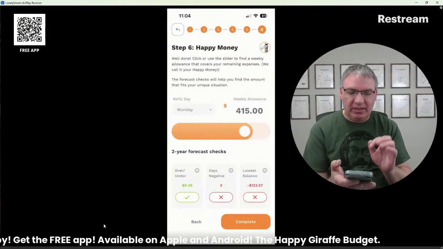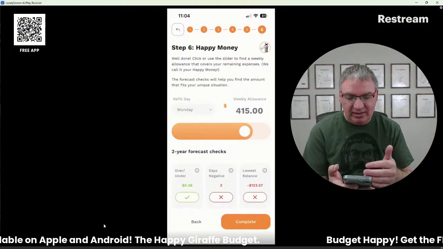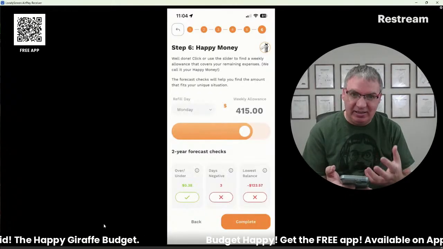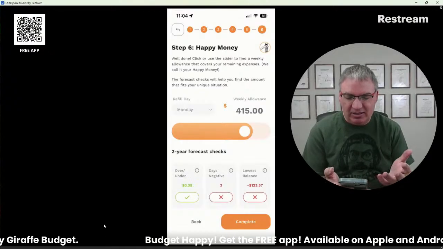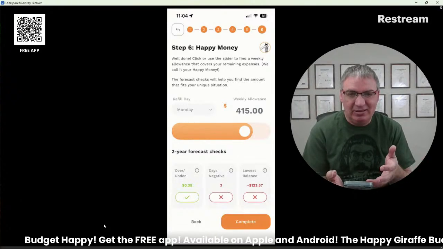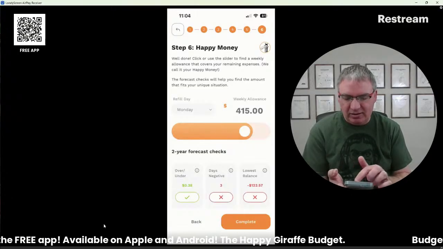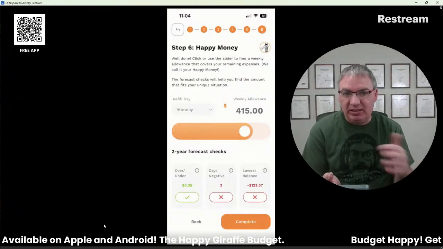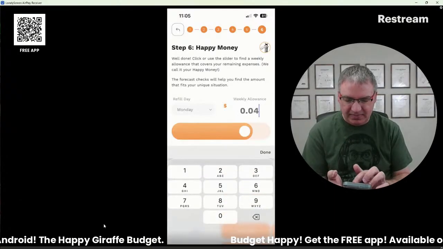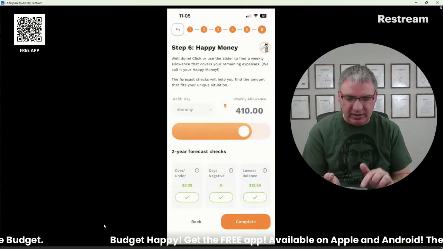So here's an example where your over and under is fine. Like overall, you're totally okay. But in reality, you're going to have 3 days when you're trying to spend the money and it's not in your bank account. You're going to go down to like 123.57 if you actually tried to pay all those bills, which you're not going to be able to because the money's not in your bank account. So this is more typical of what happens. You try to get that over and under all the way down to zero, and it just doesn't work because of timing of money, and that's totally normal. So I'm going to take this one down to 410. There we go. So all the numbers are green, complete.